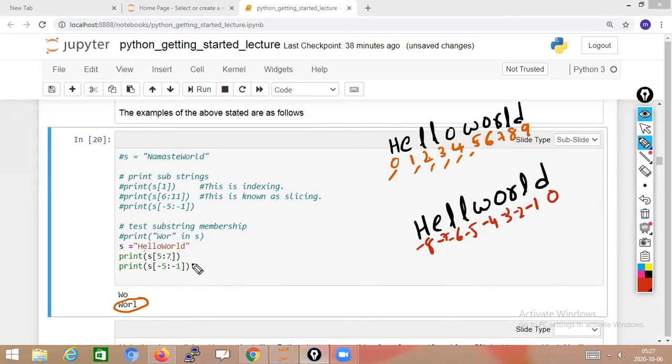Now minus 1 to minus 5: what is the value at minus 1? L. You come from the right side onwards: L, L, R, O, W, ending with minus 4. It starts with minus 1, and when you mention minus 5, it ends at minus 4. So the output is WORL. It is counting from the right side onwards, so you got WORL. That is the output.